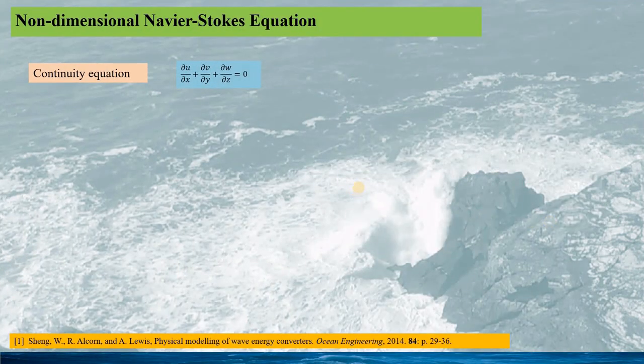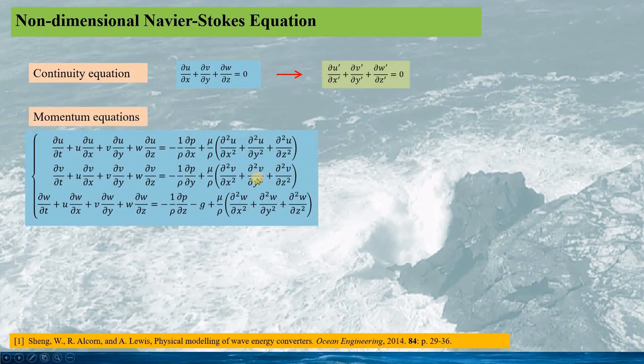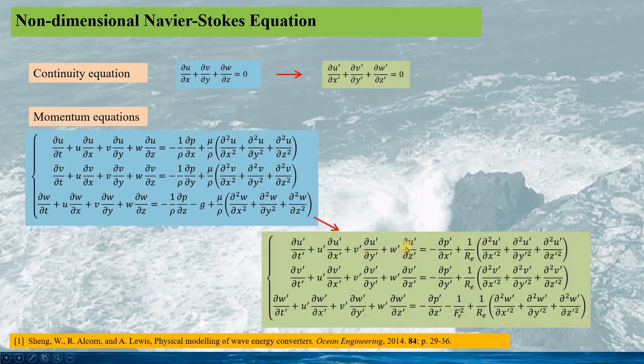Applying the non-dimensional parameters to the Navier-Stokes equation, we have the transformed non-dimensional continuity equation given in this form. And for the momentum equation, the transformed non-dimensional momentum equation is slightly different. We compare these two